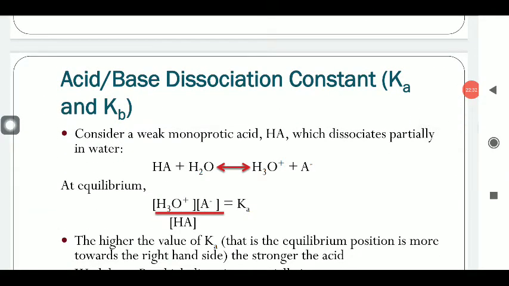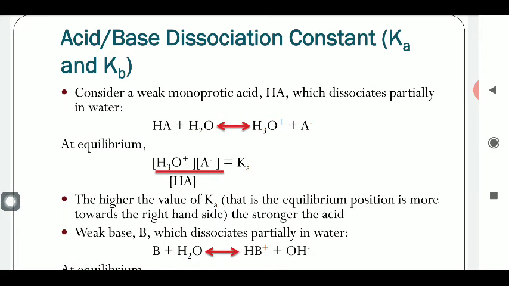Acid base dissociation constant. This topic is basically used to give the mathematical expression regarding the strength of the acid and base. You have to apply here the law of mass action. You have done this law earlier. This is a reversible reaction, and at equilibrium the rate of forward reaction becomes equal to the rate of backward reaction. At this situation you have to calculate the value of the equilibrium constant, and this equilibrium constant is equal to the H3O+ ion concentration, the A- ion concentration upon HA concentration.